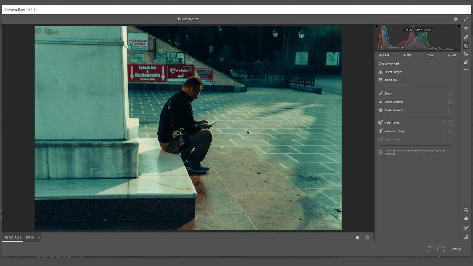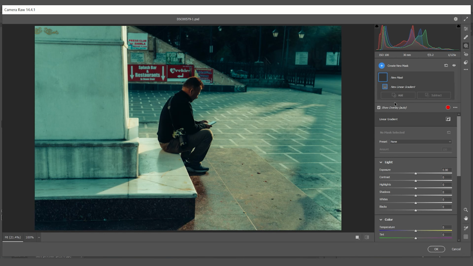In this picture you can see that the light is coming from this direction and falling on our subject, and using selective masking we are just going to enhance that light in our picture. Okay, so for that I will work with linear gradient. So first I'll make a linear gradient from here,